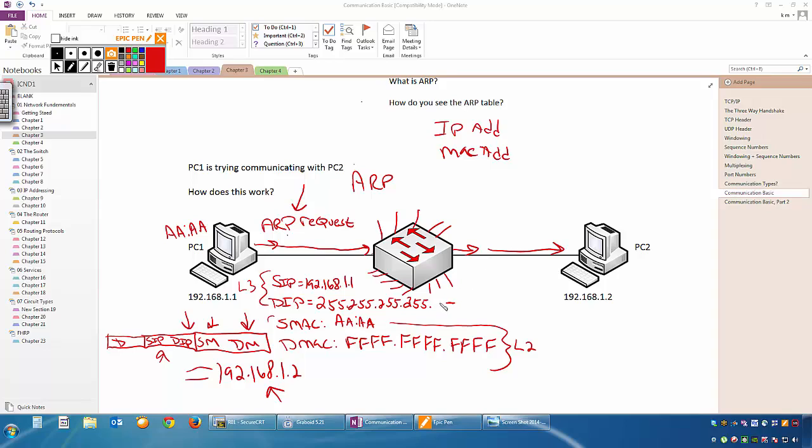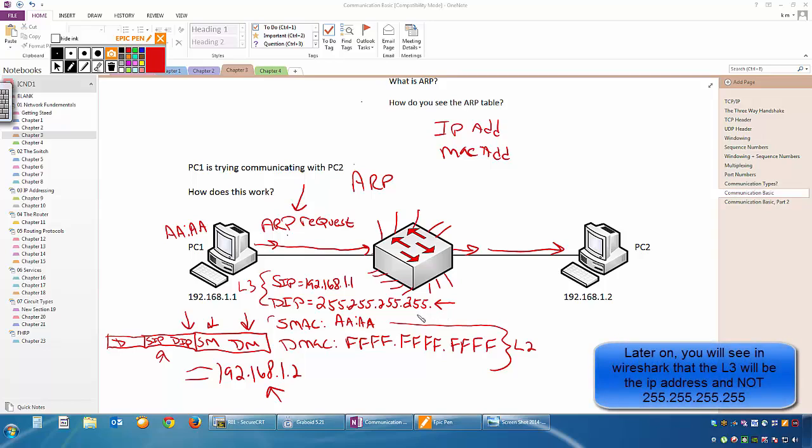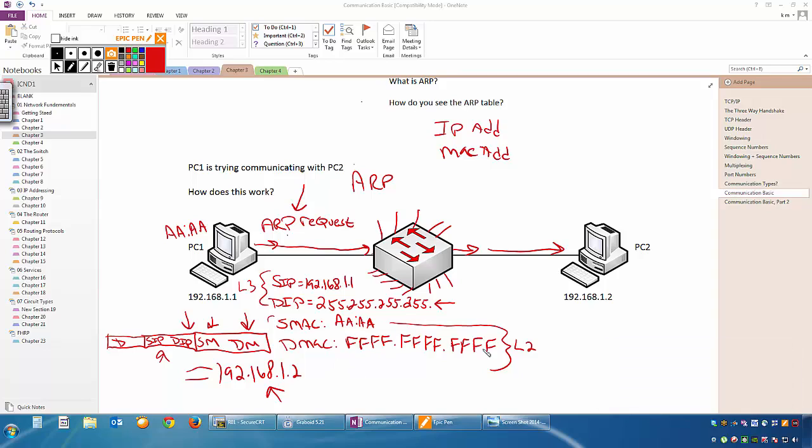This might be incorrect. You might want to go back into your Wireshark and pay attention to this aspect of it, because this might be broadcast as far as layer 2 because we don't know the MAC address. But since we have the destination IP address originally when we did our ping, this most likely will be the IP address of 192.168.1.2. Nonetheless, I want you to think about the logic here. Whether I'm 100% accurate that this is a broadcast or not, it's either going to be a broadcast or a unicast. Whether it's a broadcast or a unicast, guess what? PC2 is still going to get it.